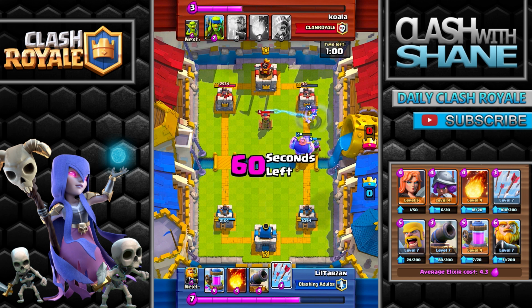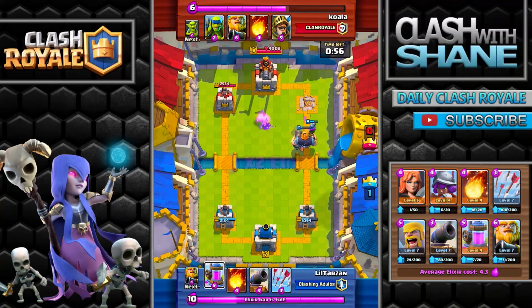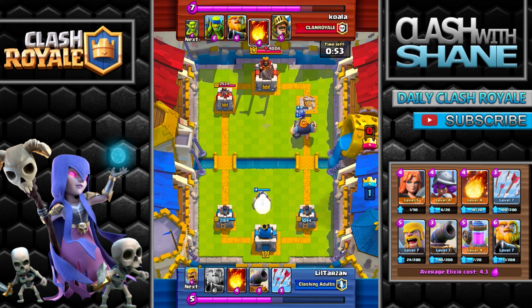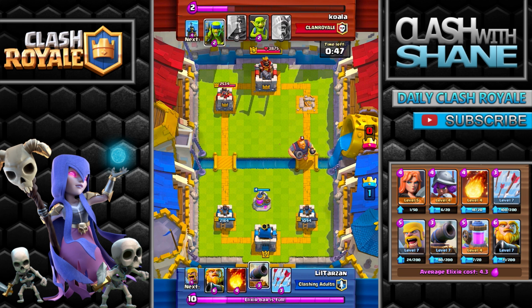Now watch this, guys. He actually dropped his Tesla a little bit too far out of range of my Royal Giant. So that was a pretty big mistake on his part, and probably was one of the reasons why he rage quit. So right here, he's gonna go in one last time with that Royal Giant combo,